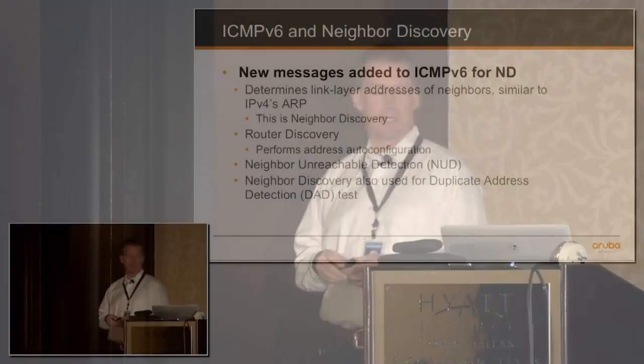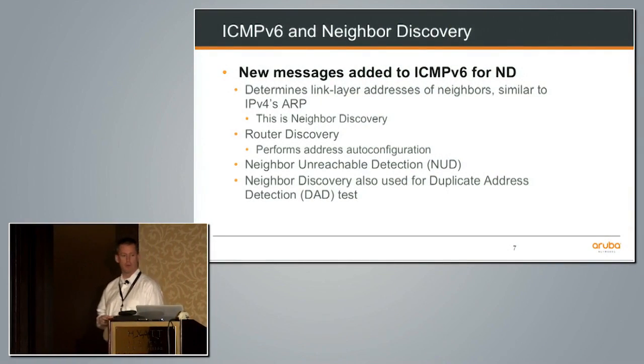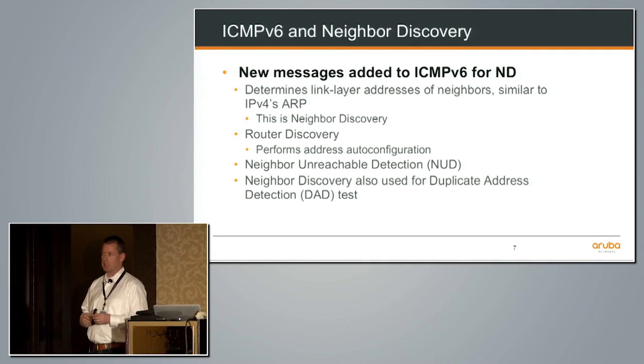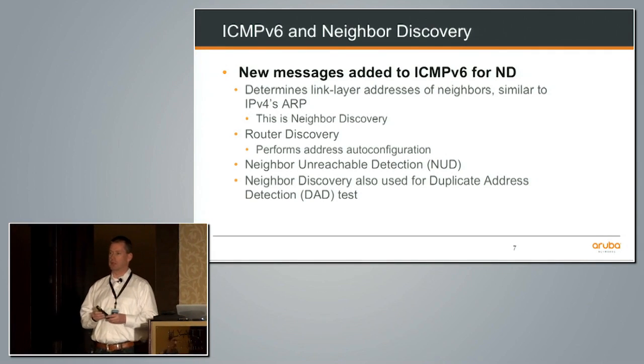So instead of that ARP mechanism, we'll do neighbor solicitations and neighbor advertisements. We're using that for the neighbor discovery. So I know I want to talk to somebody next to me. What's the physical address? Can't send a broadcast. We'll send a multicast through ICMPv6 and discover it that way. Effectively, like I said, this replaces what we have with IPv4 ARP. It also then gets extended, though, to look for things like router discovery.